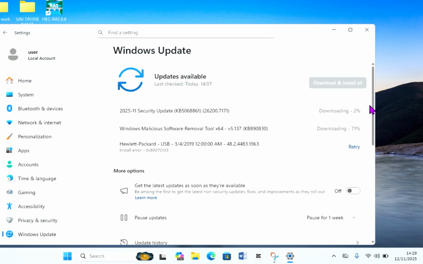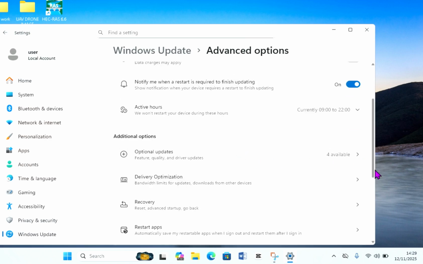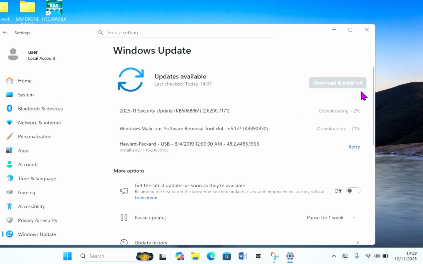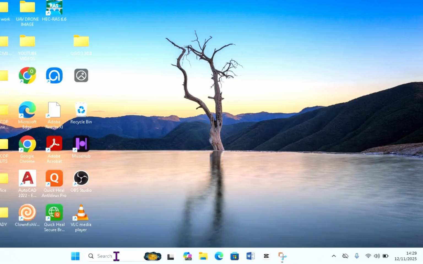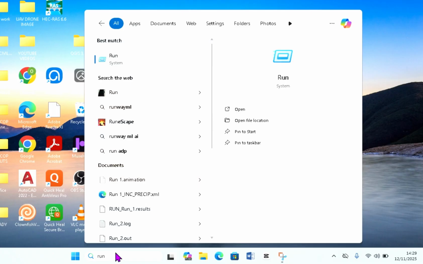So there are other options down, and you have the one that says additional options. If you want to select a specific date you want your system to update, you can go down there and choose particular days and times of the day that you want your system to update, and just do that, and I believe that is also going to help you out, and that will also make your system perform optimally. And let me show you the third method,